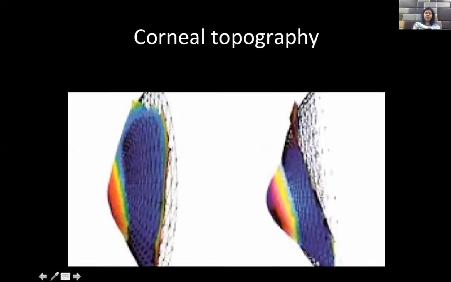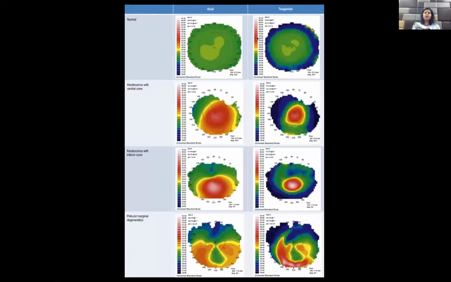Now we have corneal topography and tomography. They scan the surface of the cornea and make a 3D map. In the 3D map, the areas which are higher, elevated or more curved would be seen as warmer colors like red or purple, while the areas which have a lesser curvature or lesser thickness are seen as cool colors, that is green or blue. Now look at this normal map. When you see topography, the first one is the normal map, and in the second and third one you can make out these abnormal red areas. So these are the pictures of keratoconus.